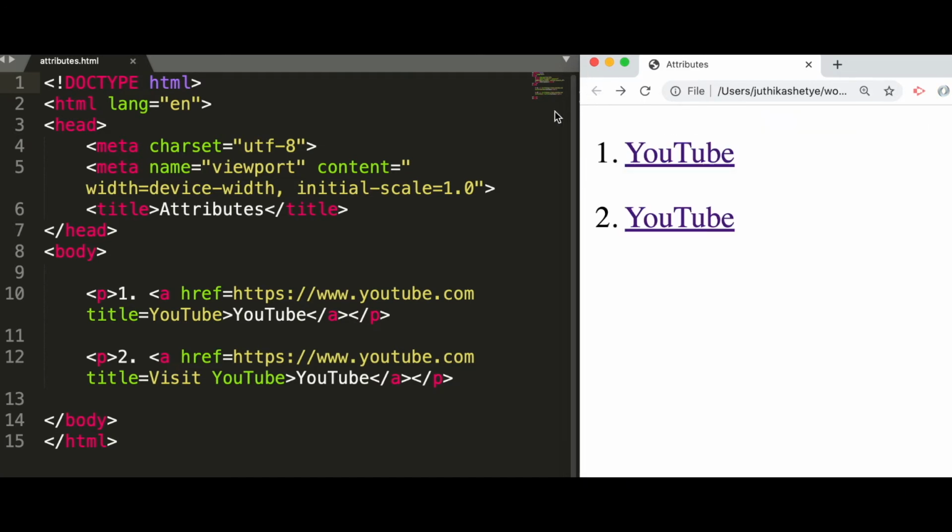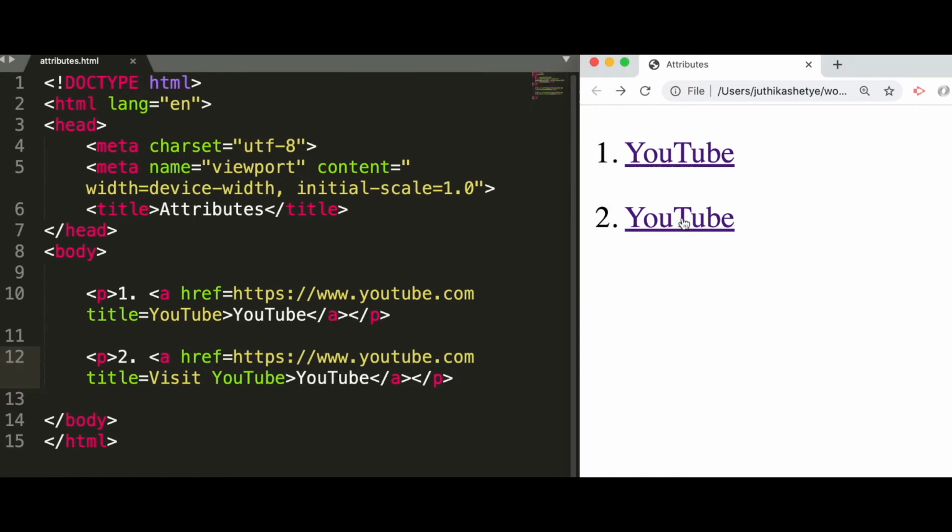But now have a look at this example. Even here I don't have quotes for my href value and the title value. The only difference in these two examples is that I now have two words in the title, Visit YouTube, with a space between them. So let's see what happens here in the browser.